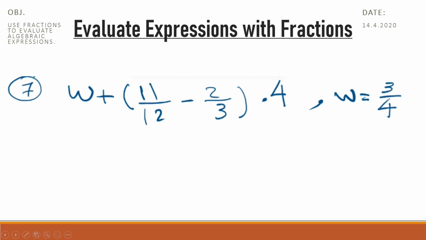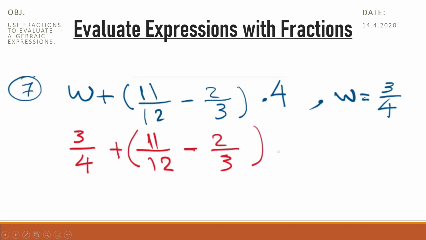Okay, start first with substitution. W is 3/4. Substitute. So 3/4 plus 11/12 minus 2/3 inside bracket multiplied by 4. And now let's see what we have